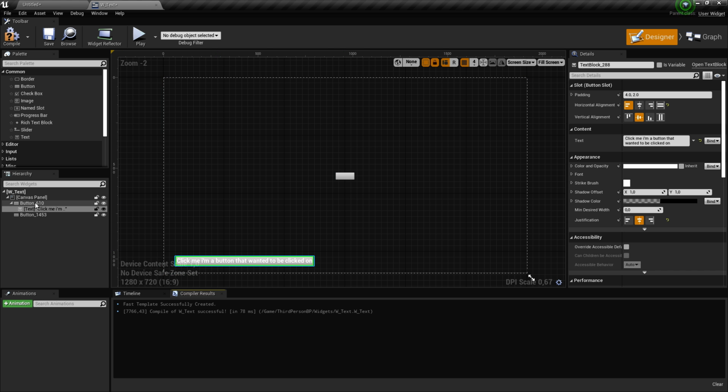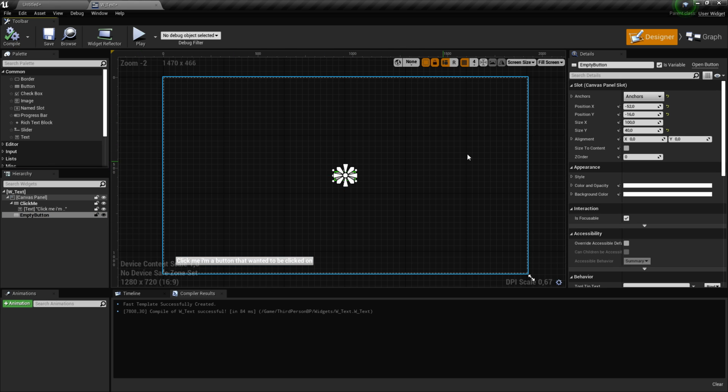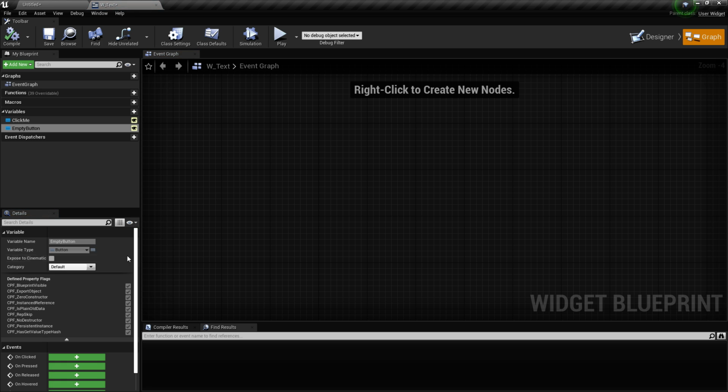I'm going to name my button, because it's not good practice to leave the default name. I'm going to say Click Me, and for this one, Empty Button. Alright, I'm going to save. Go back to my graph.